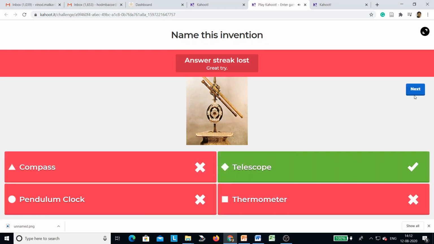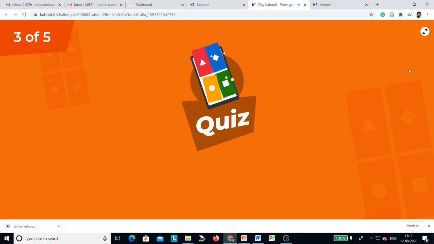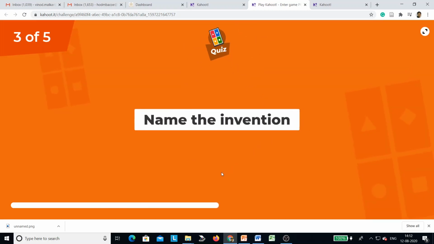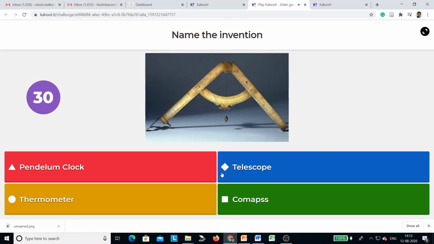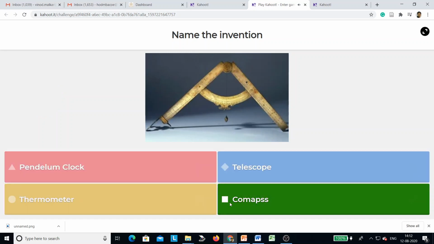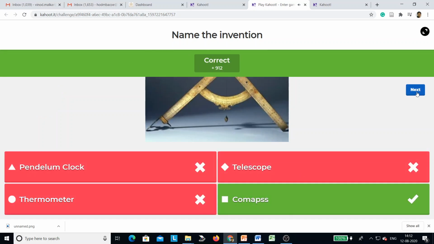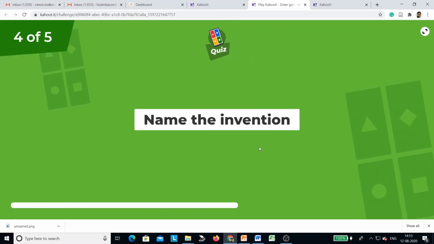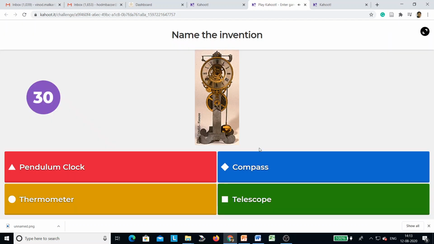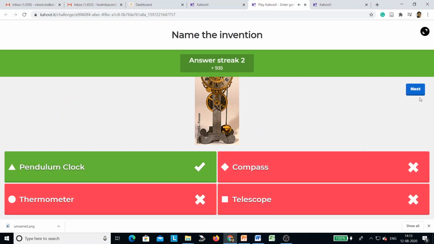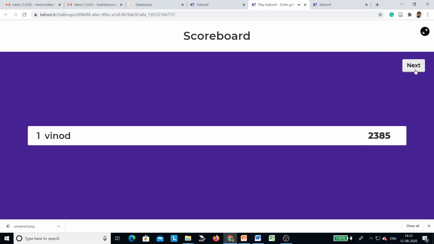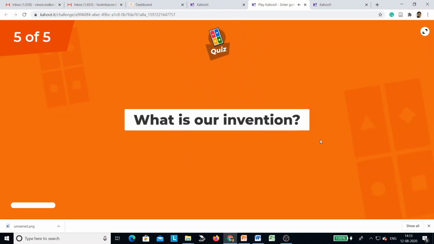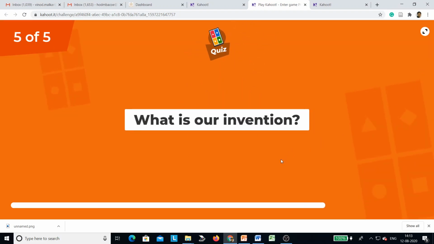Again I will go with next, name the invention, and next, and next.